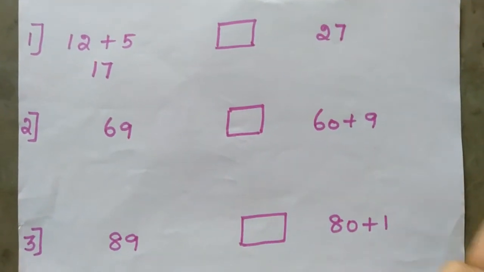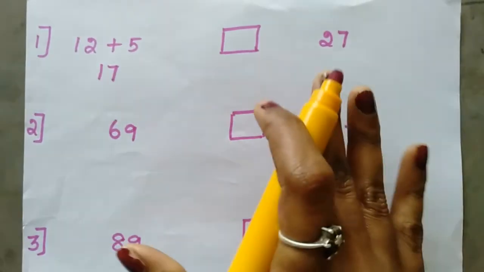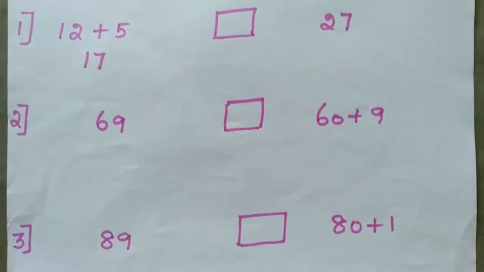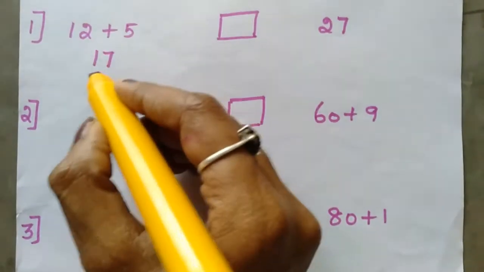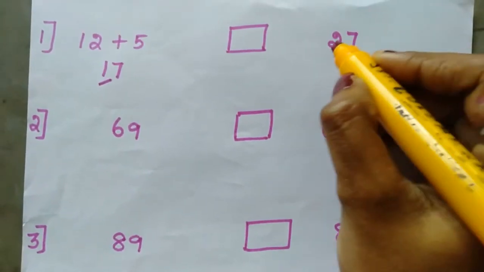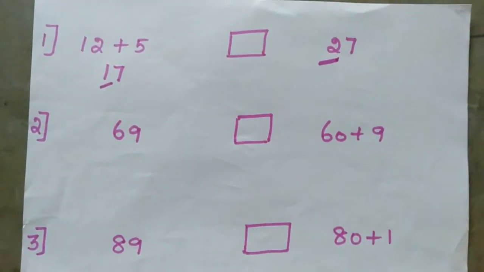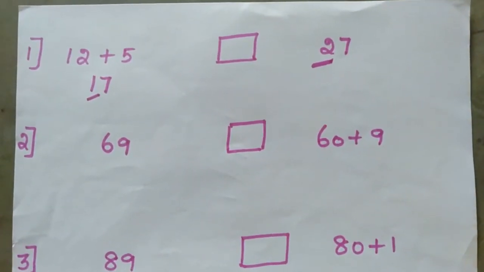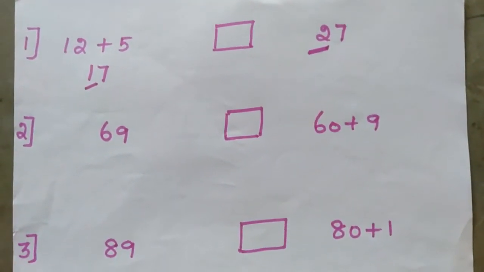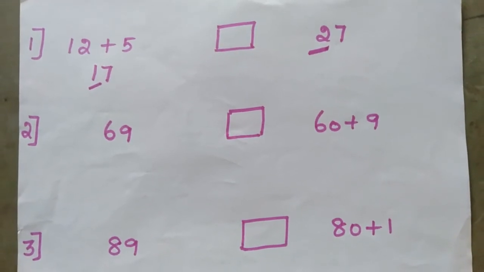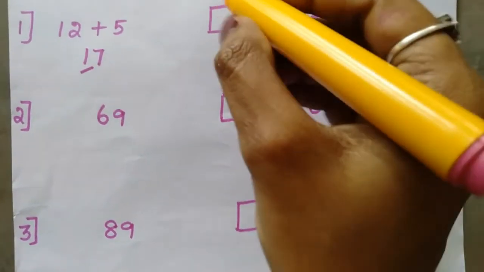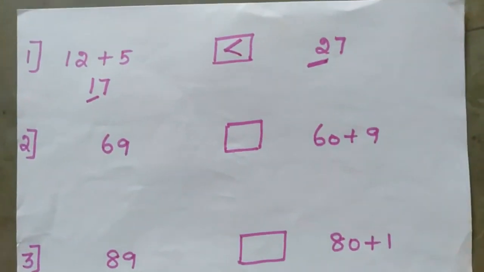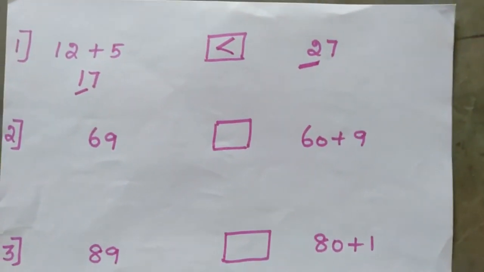Now you compare. Is 17 the greatest number or 27? Which number will come? You check. These two numbers are two-digit numbers. So you check here 1, here 2. Which number is greater? 2 is greater, 1 is smaller, right? So which symbol will come? The greater sign will open, right? The greater sign will use the open method. So you have to use the open method. Understood, ma? Understood, everyone?